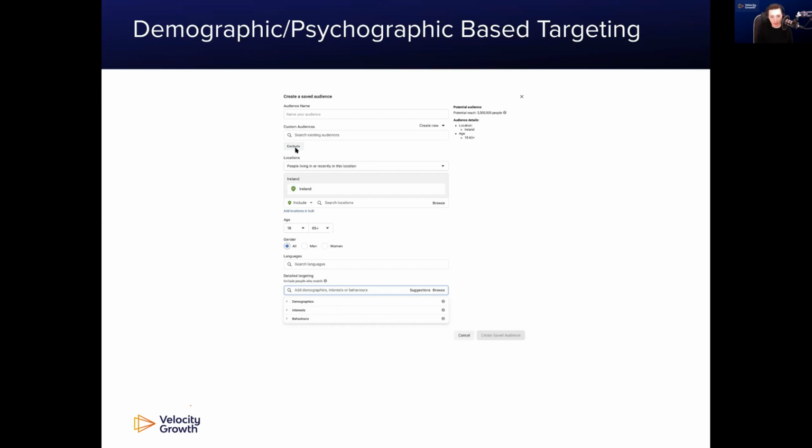Also, it's worth noting at this point the exclusion buttons, where you can create an audience and exclude people who have taken a certain action. And you can also use this audience to narrow down a previously created custom audience. So say, for example, you had created a custom audience saying anyone who has ever been to my website in the last 90 days, but I also want to make sure that I'm just targeting only women who have been